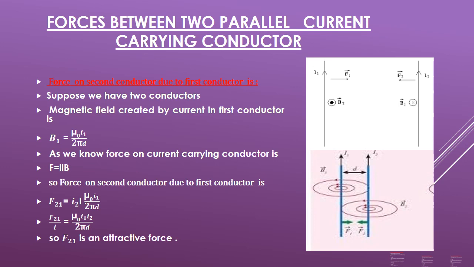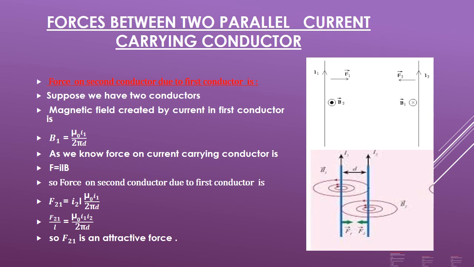So we start calculation. What is the direction of that magnetic field? It is at right angle to the current. So motion of electric charges should be right angle to the magnetic field. And now how much is the magnetic field strength created by conductor 1 at a point at a distance d? So magnetic field created by current I1 in first conductor is B1 equals mu naught I1 upon 2 pi d.